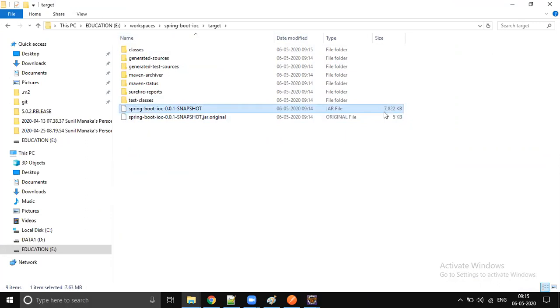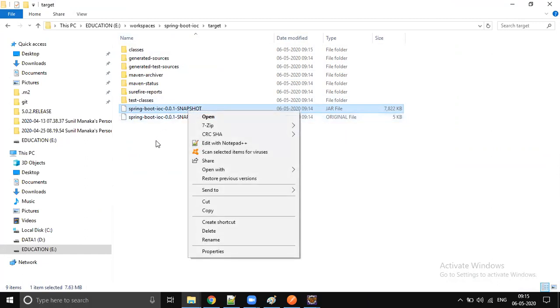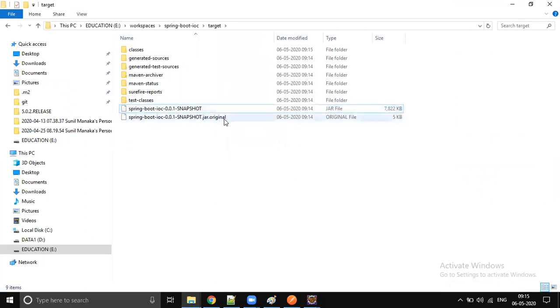When you extract this fat jar file, you could see there are so many jar files and so many dot class files wrapped inside. The actual application is 5 KB, but the final output jar file got generated as 7 MB because it is an executable jar file. So it will run individually. Whenever you want to run your application, you don't need any dependencies. You just run this by using the Java command.